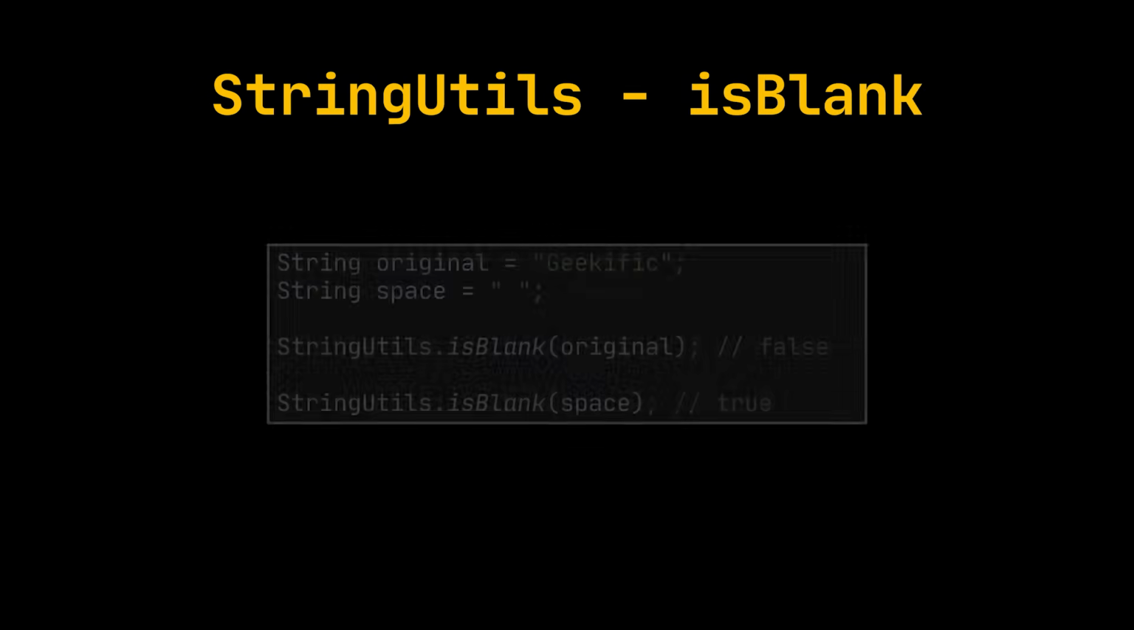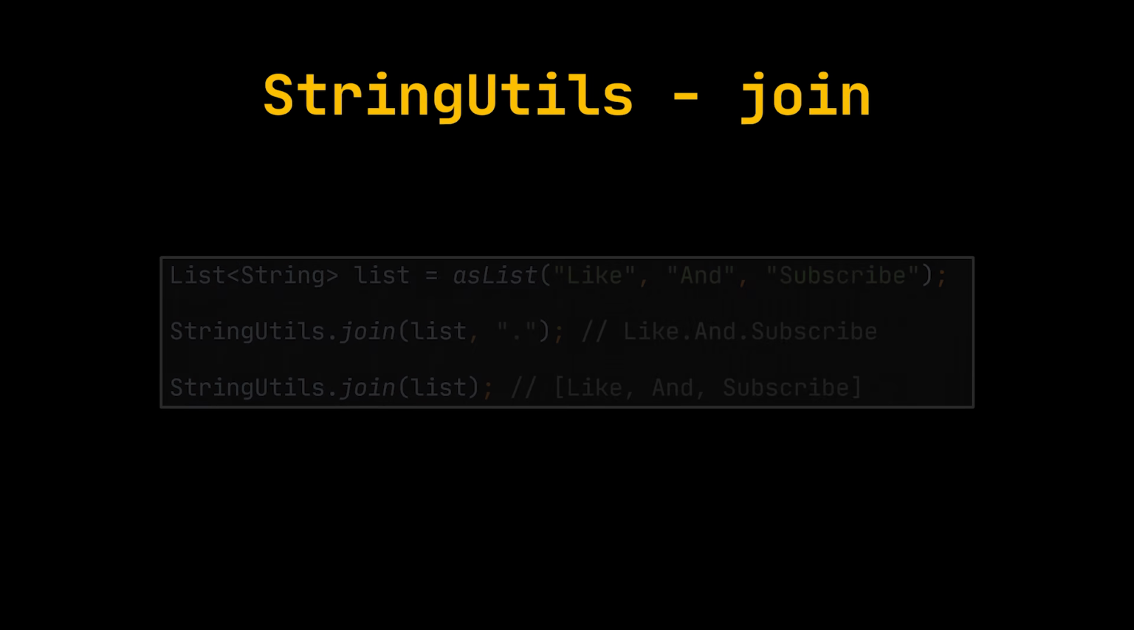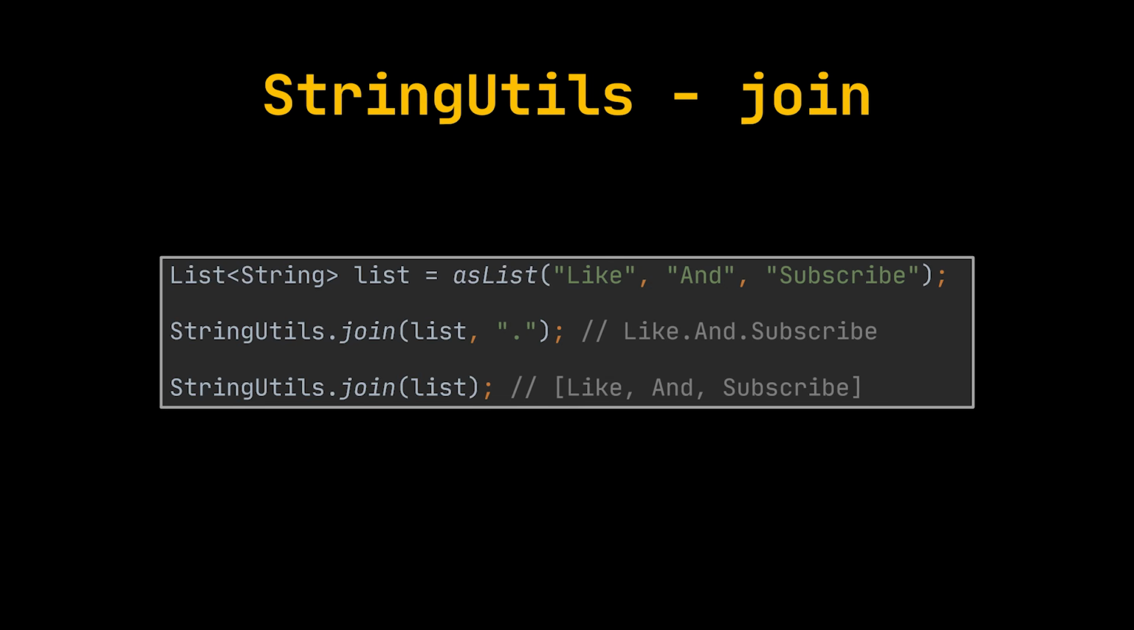Similarly, the isBlank method takes it a step further by also identifying strings that consist solely of whitespace characters. For example, calling isBlank on a string containing just spaces or tabs would return true, while it would return false for a non-whitespace string. The join method merges elements of a collection or array into a single string separated by a chosen delimiter. For instance, given an array of words and a delimiter, the result would be the generated string